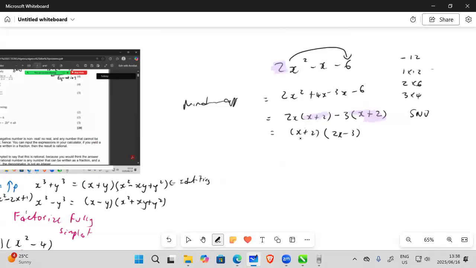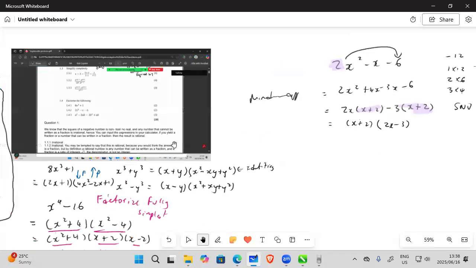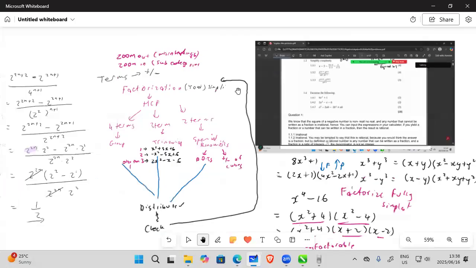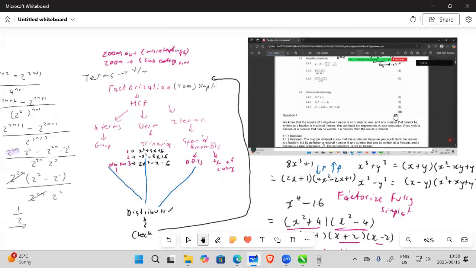I look at this here. Can I take it in HCF? No, I can't. There's 2 terms. There's only 2 ways I could do it. Those are sum and difference of cubes. That's not going to work. Same thing here, same story. So that's everything there for